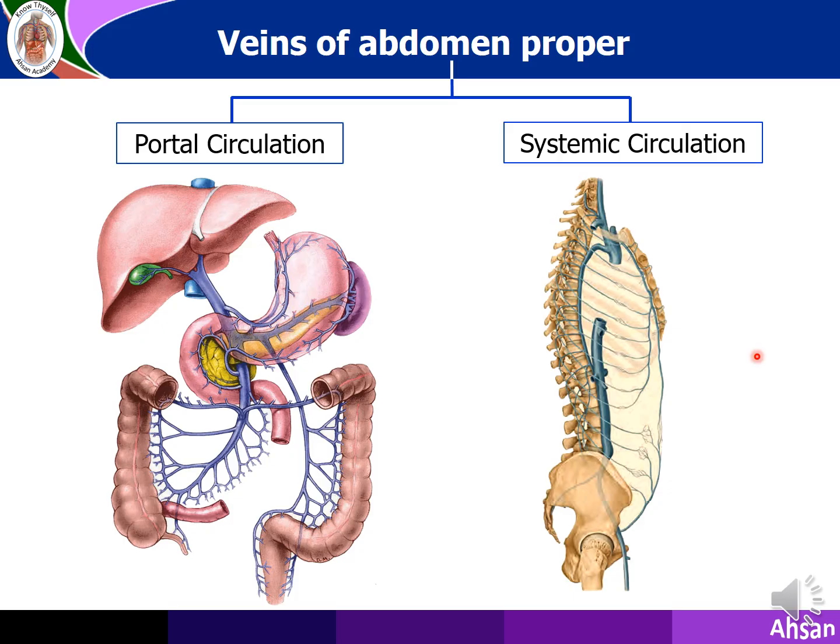The systemic circulation has one set of capillaries in the wall, and this finally reaches the heart. But in case of the portal circulation, there is one set in the alimentary tract and other organs, and then they combine to form a large vein that goes inside the liver and divides into capillaries again. So two sets of capillaries are there, and then it unites to form the large vein opening into the vena cava and finally going to the heart. So two sets of capillaries are there in this circulation. This is portal circulation.